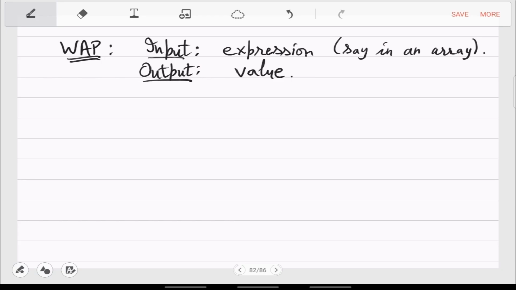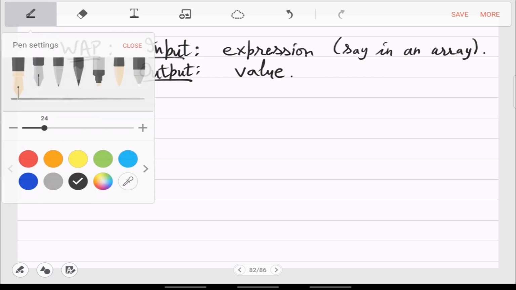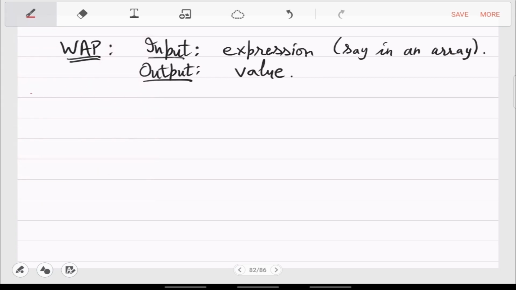So an order n algorithm for this inspires stack.